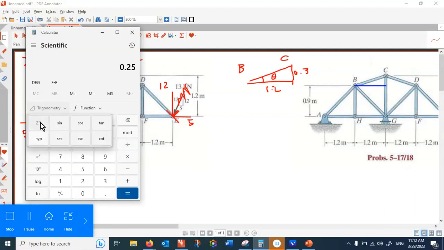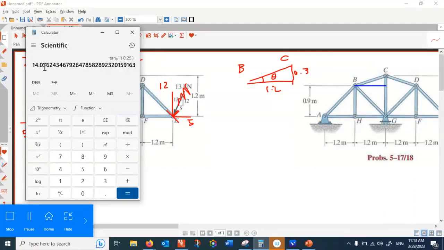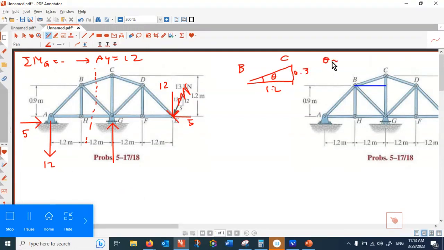Inverse tan, so this angle is 14 degrees. So if this is 14 degrees in the free body diagram,